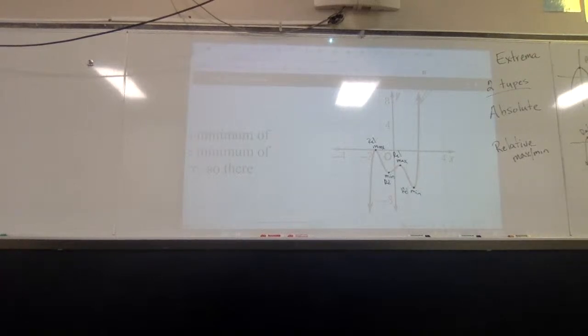Because it is the bottom where we turn around, right? But there are points lower on the graph. There are no points lower on this graph for this guy here. So that is